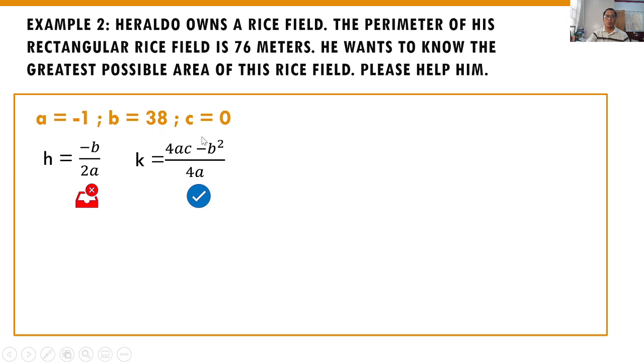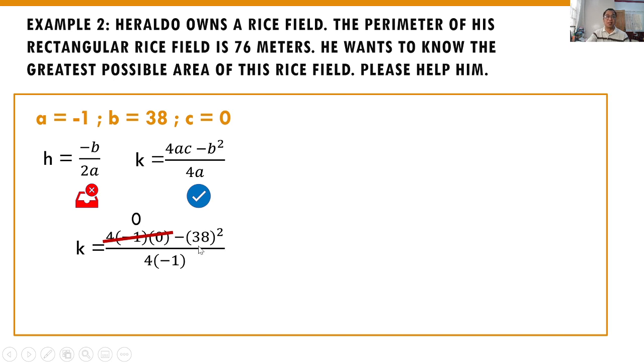Again, all we have to do now is to substitute all of this dito sa formula. Yung A, palitan mo ng negative 1. Ayan. Yung B, palitan mo ng positive 38. At yung C, 0. Ngayon, kung may 0 dito, any number multiplied by 0 is equal to 0. So this will be eliminated. Matitira 0. So we will come up with 0 minus